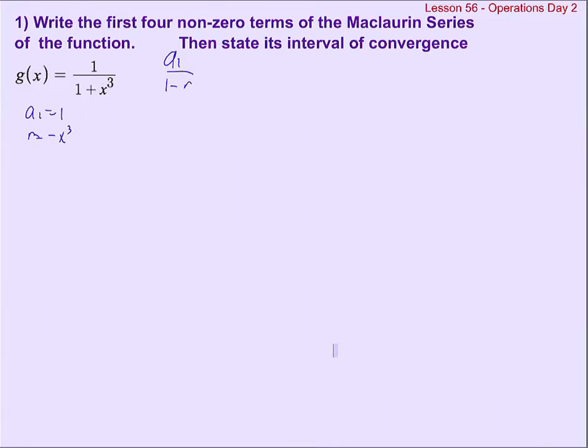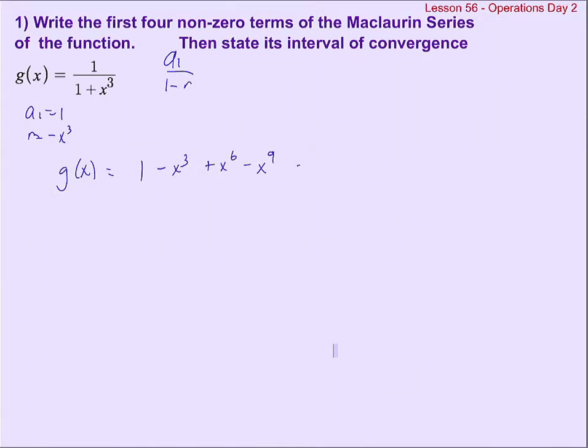So if we see a plus sign there, just remember that means your r is negative. And then we can write this as the sum of 1. So this is g of x. It's 1 plus 1 times r plus 1 times r squared. And since we're squaring that negative x cubed, it's going to become positive. Plus 1 times r to the third,